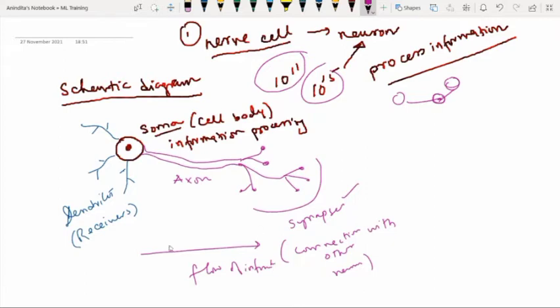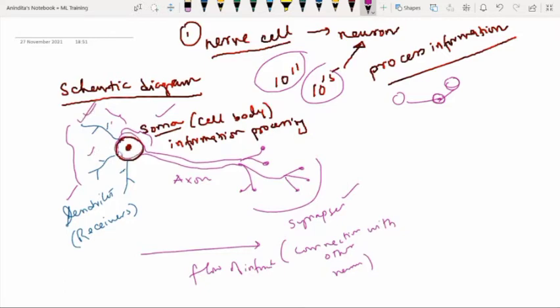So let's discuss this. What is the functionality of the dendrites? As I've already considered, these tree-like branches are responsible for receiving information from other neurons they are connected to. In other words, they are like the ears of the neurons: they receive information from other neurons. And then we have the soma, the cell body of the neuron, and it is responsible for processing whatever information it receives from these dendrites.